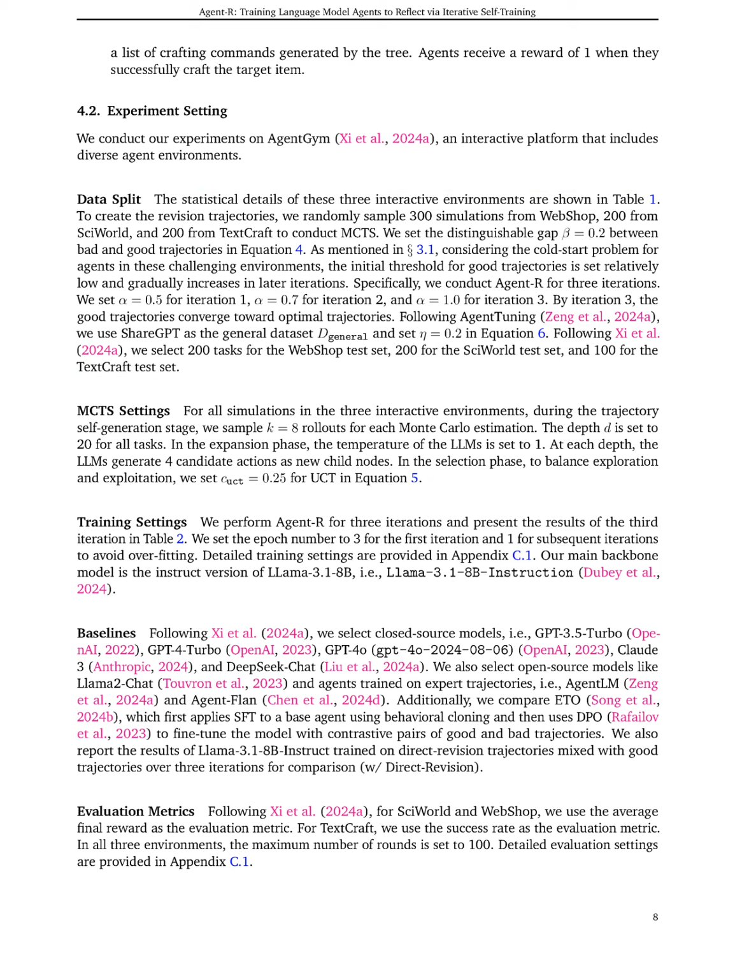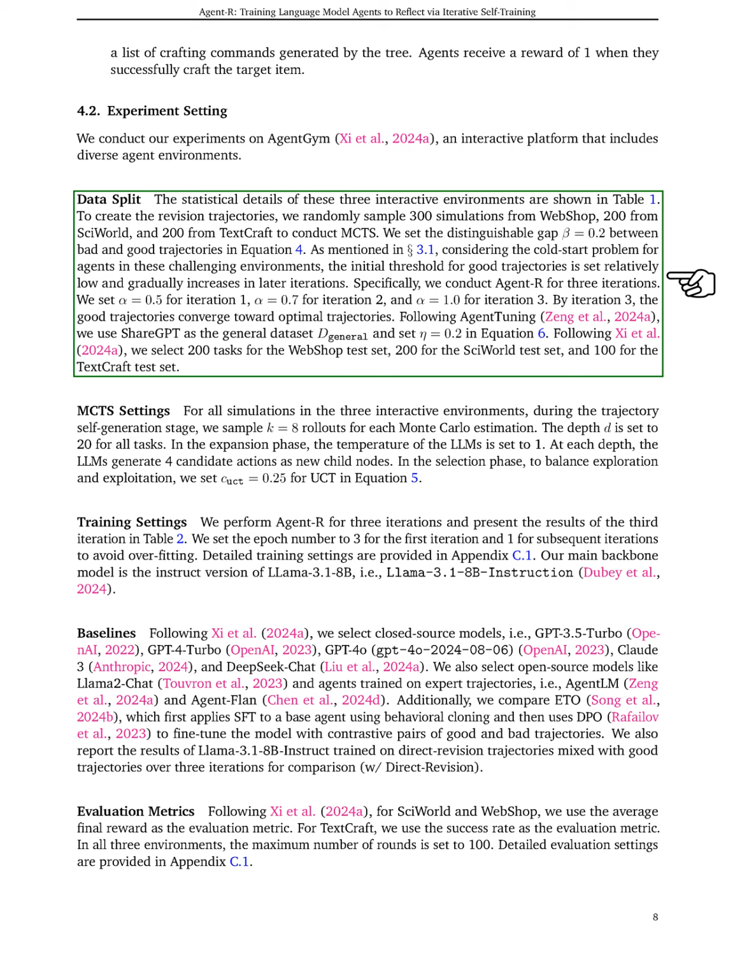Section Summary. In this section, we propose a model-guided approach for determining transition points in language agents' trajectories, allowing them to self-correct errors and improve their performance through iterative self-training with a mix of revision and good trajectories. Our experiments across 3 interactive environments demonstrate the effectiveness of this method in enhancing the agent's self-reflection and error recovery capabilities.